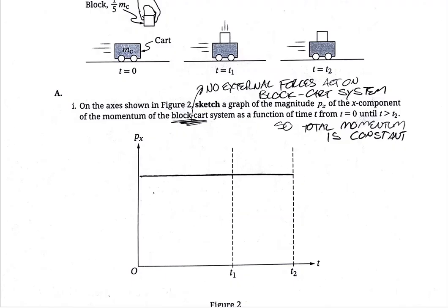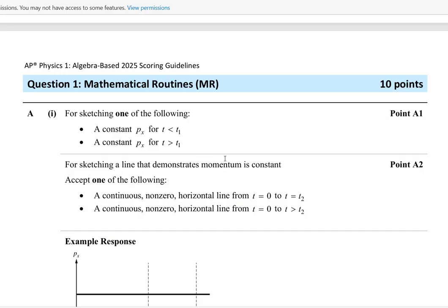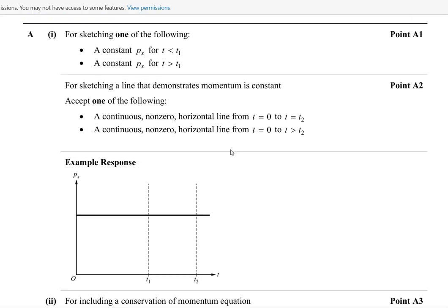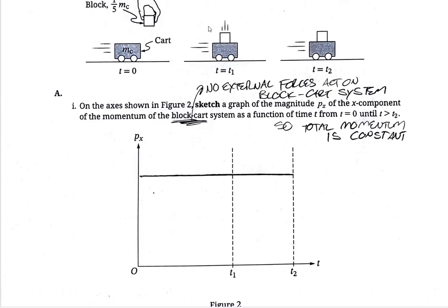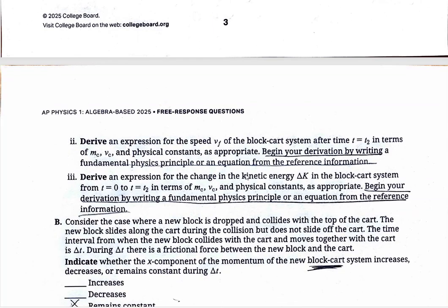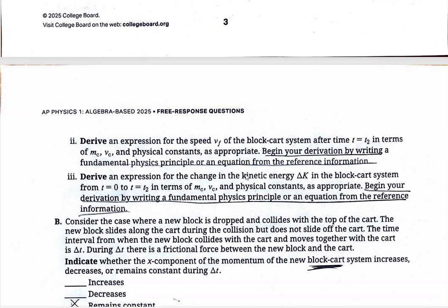But check out the scoring guide. Scoring guide says, hey, did you draw a horizontal line for either one of those two sections? Either one. It doesn't really matter. And then you get a second one for a continuous horizontal line. So maybe you thought that the momentum dropped. So if you did a horizontal line and a horizontal line lower, you'd still get 1 out of 2 points. Pretty cool. All right. Moving on,